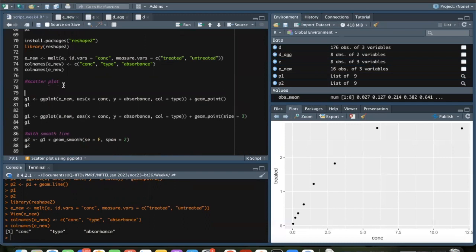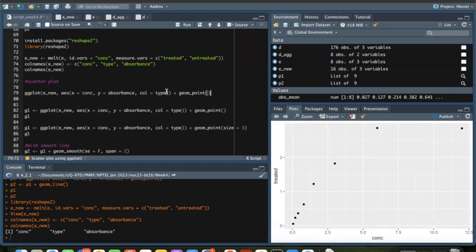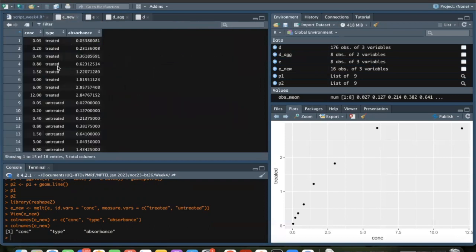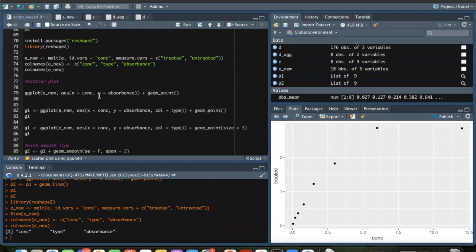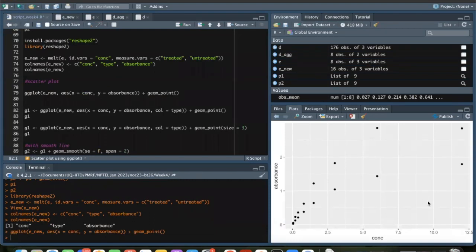Now, if you don't pay attention to the second column, and I just input the first column and third column as my x and y respectively, this is what it's going to plot. You can very much see that this is one of the treated or untreated, and this is the other one. Now I want to make a difference. I would want one of them to be in one color and the other one to be in another color. So in aesthetics, I write this